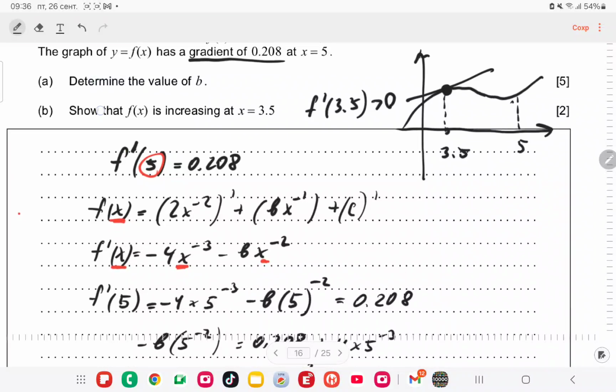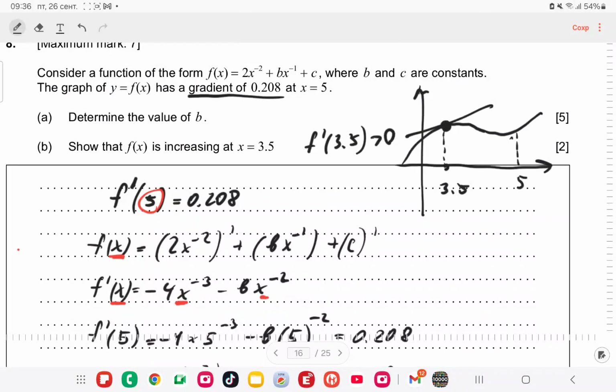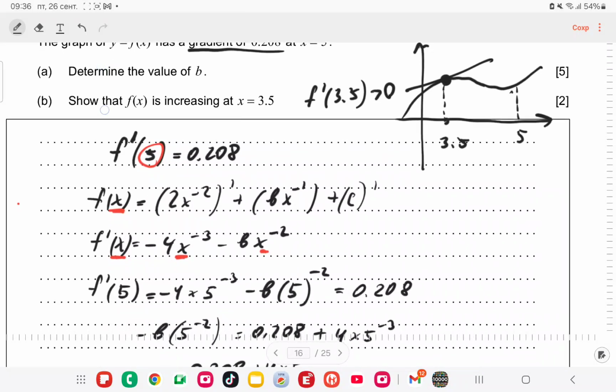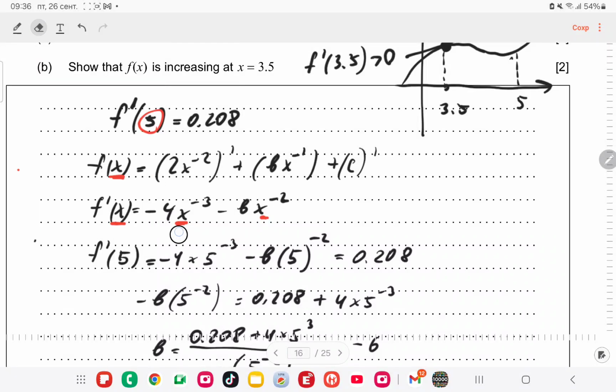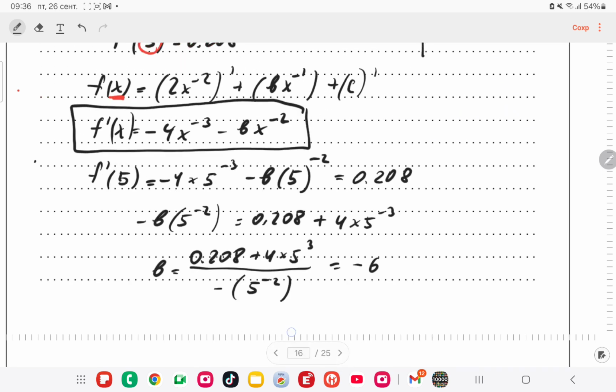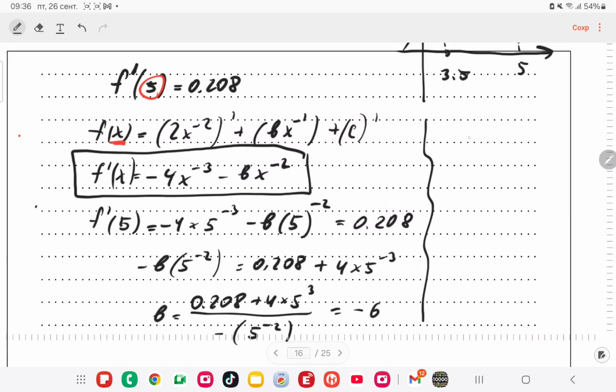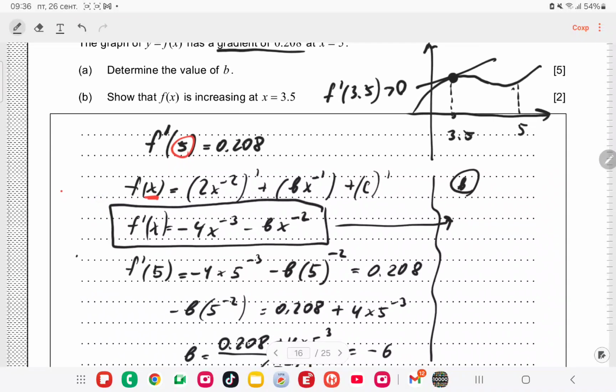Okay, so now we found b, and we didn't find c, right? We didn't find c, but we don't need c. We need f prime of x, only f prime of x. Let me just underline what we need. So we will use the same derivative one more time. For part b, we will use it here again. So again, as I said, f prime of